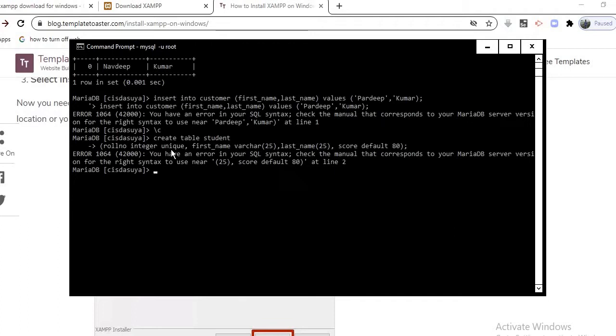So now there is some error: you have an error in your SQL syntax, check the manual corresponding to the MariaDB server version for the right syntax near 25 and default.